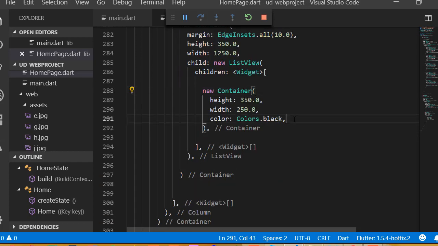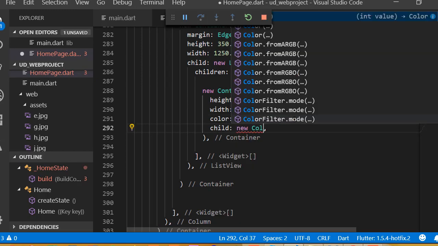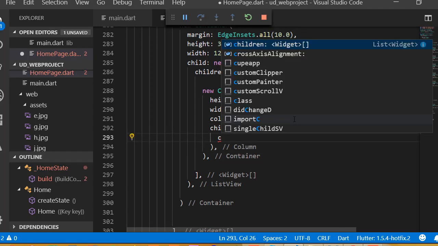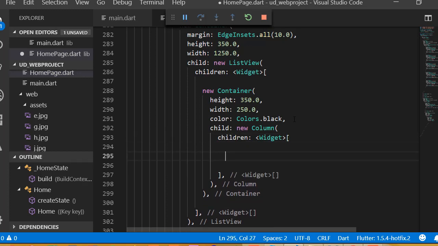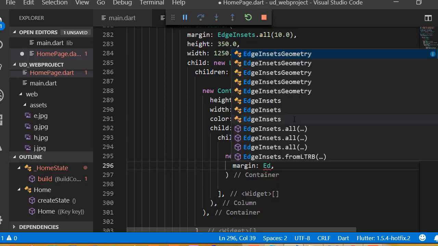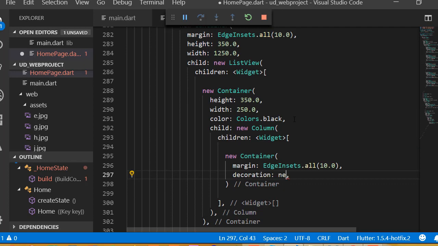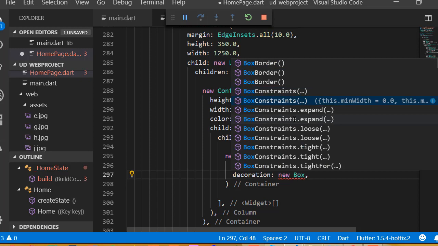So this one is our container, and now in here we need to add a child, and this child will contain a column. So new column, and column contains a children of widget, and in here we need to add the images, then we need to add the text. So define a container, and this container add margin is going to be EdgeInsets.all 10.0, and decoration is going to be new box decoration,